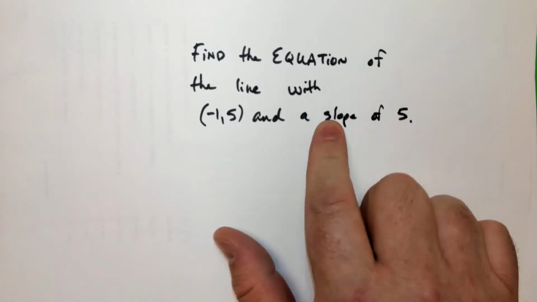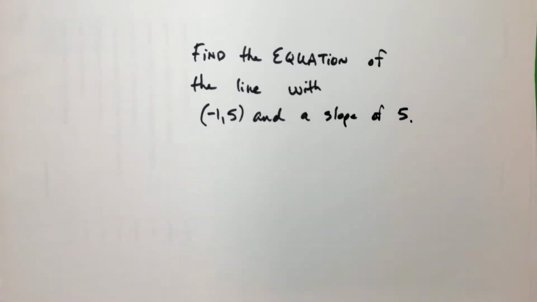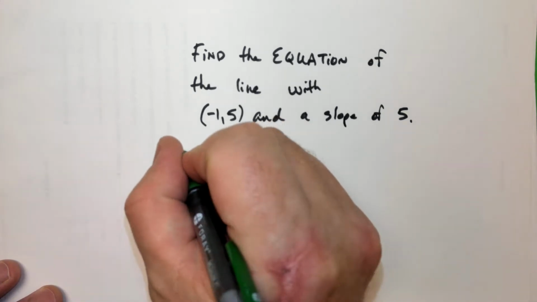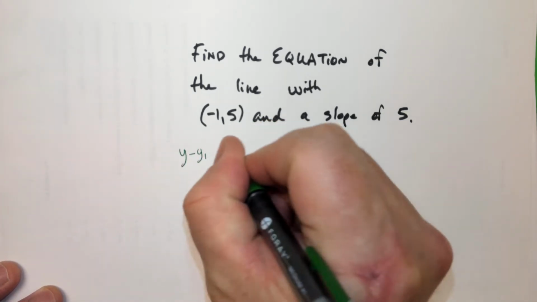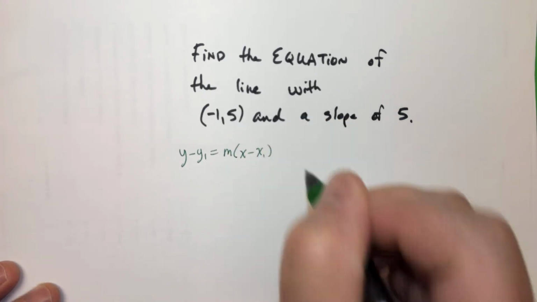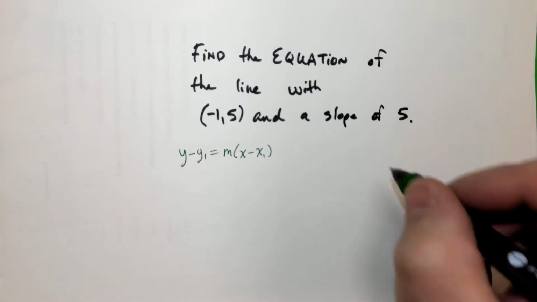So we're going to find the equation of the line that has that point and that slope, right? A lot of the time, you're taught to use a formula called the point slope formula. It's kind of a clever name, right? Because if you have a point and a slope, you can use the point slope formula. But I don't like it. I think there's an easier way, but I'll show you both ways, okay? I like just doing this,